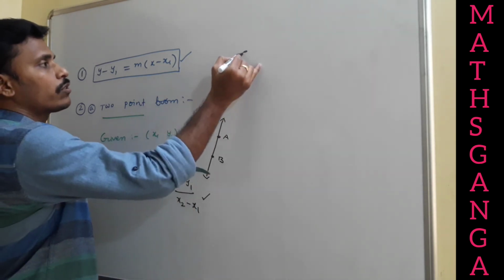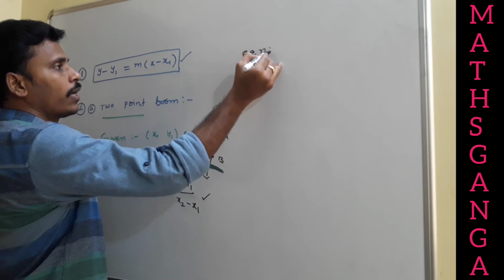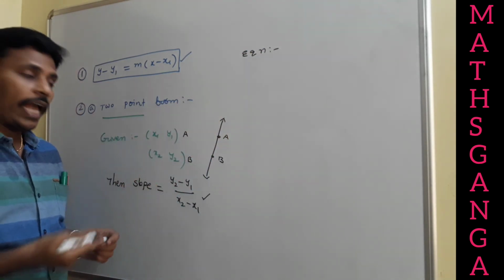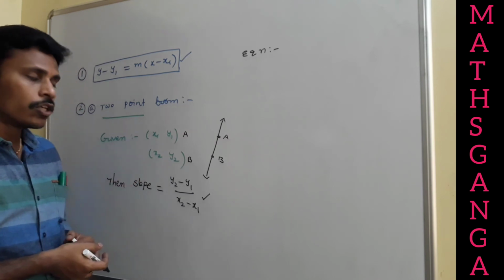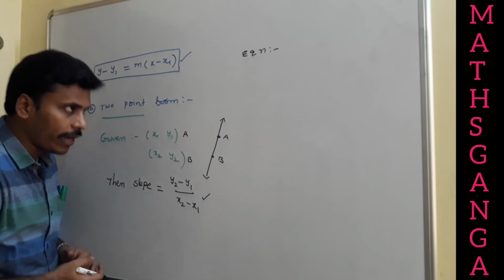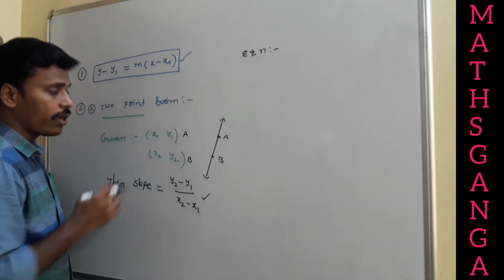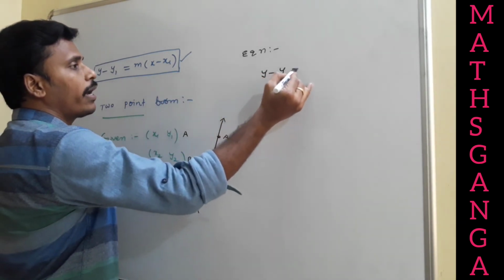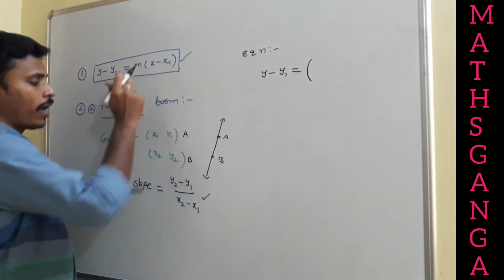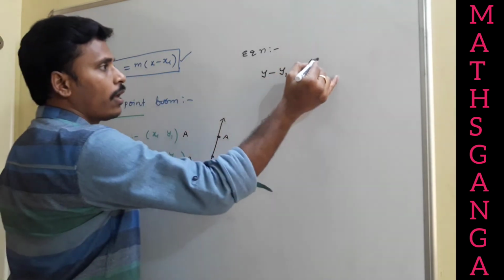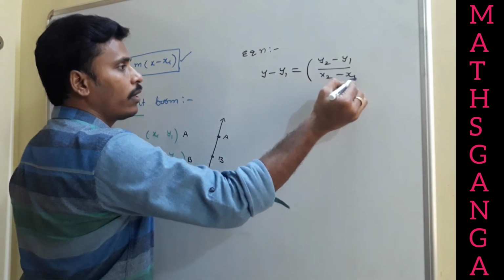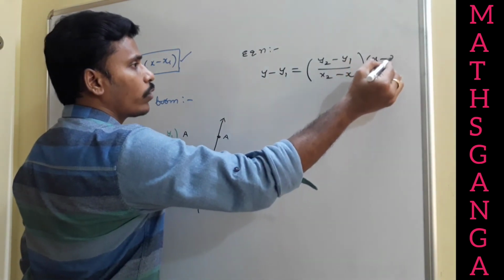Now what do you say about the equation of the line? For the equation we need slope along with one point. Actually we have two points here, so use any one of those points, as I told you in the last class. If I move with the first point, y minus y1 is equal to m, and here my slope is y2 minus y1 by x2 minus x1, of x minus x1.